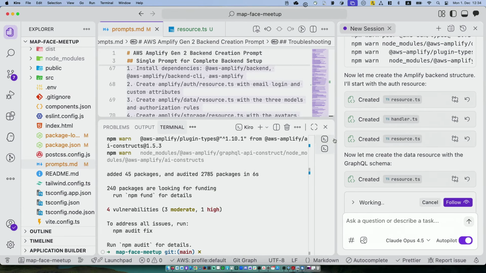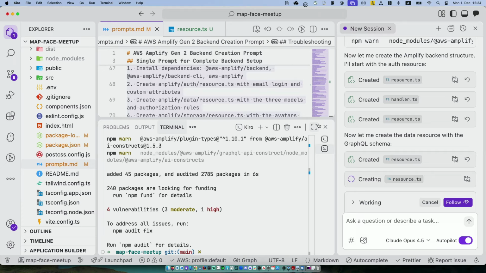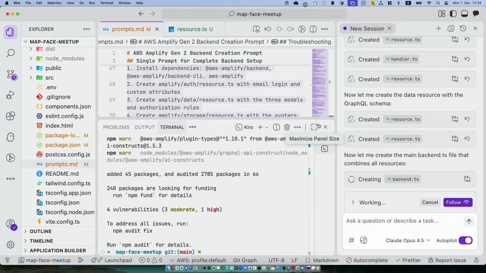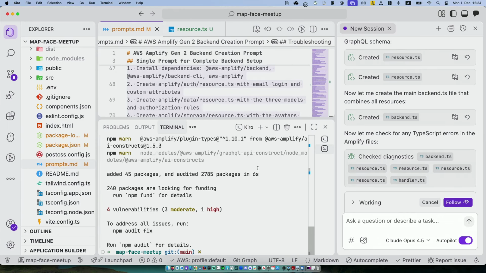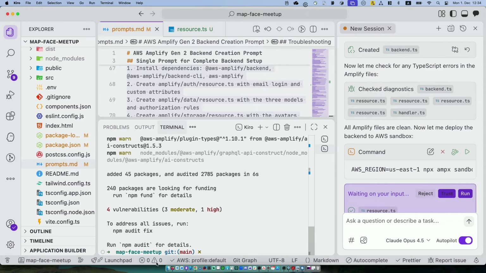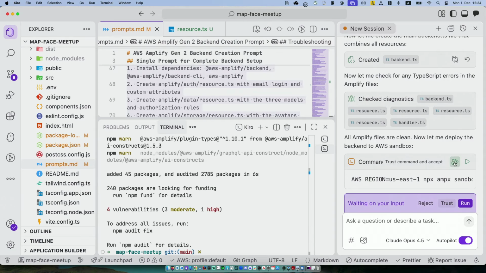Anyway, we are creating this stuff. In the meantime, it does that. I also want to showcase the other application that we have built, and I want to showcase what we have built in Amplify in 2025. How many of you have built an application with Amplify Gen 2 before? Nice. All right, so let's showcase from there.